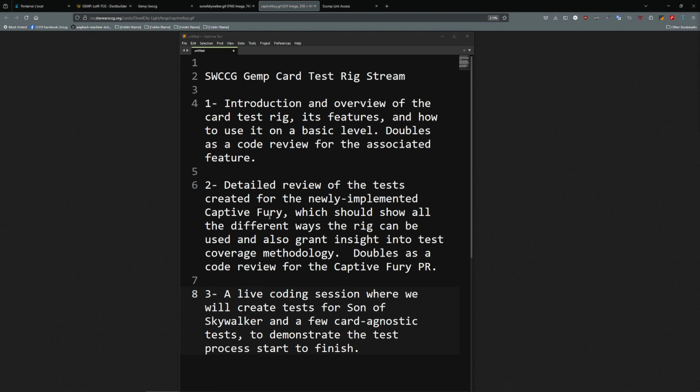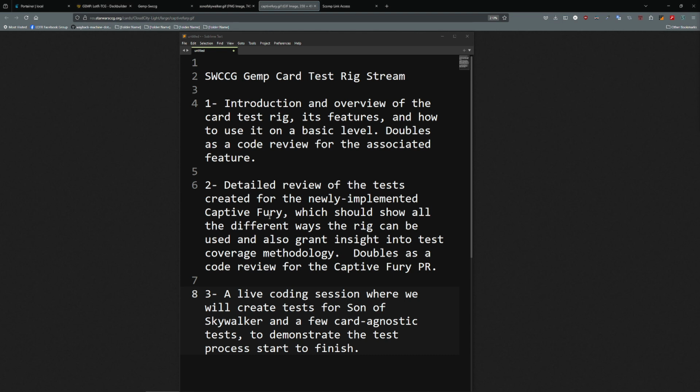Awesome. So I recently imported a test rig framework from Lord of the Rings into Star Wars CCG. This particular stream is going to have a couple of different purposes. First, this is going to operate kind of as a code review. This will be a way for me to show all the slicers that are currently in Star Wars what exactly is inside this framework, and this will also act as a tutorial for people wanting to use it to